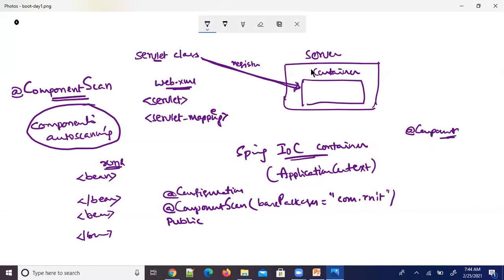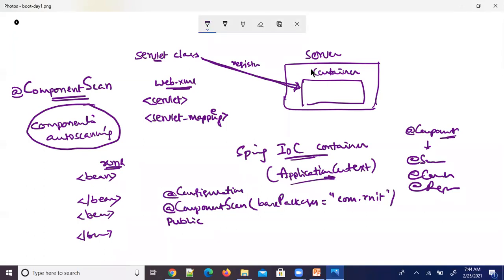Of course, we are not directly writing @Component, but we are writing its derived annotations, like @Service, or @Controller, or @Repository. So Spring will identify the bean components and will register them in the application context.